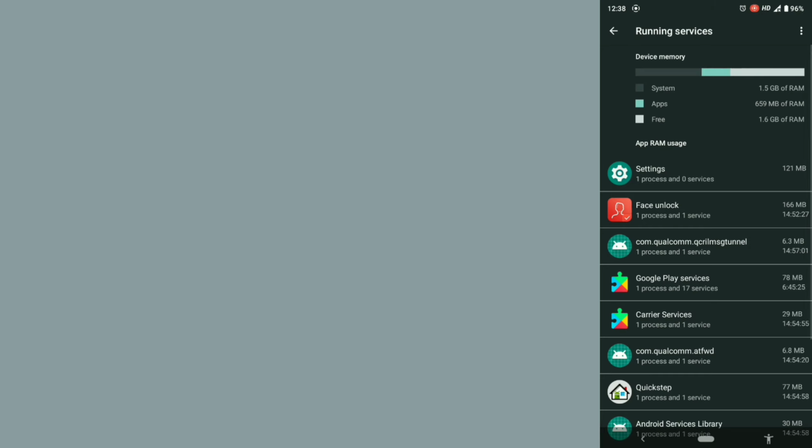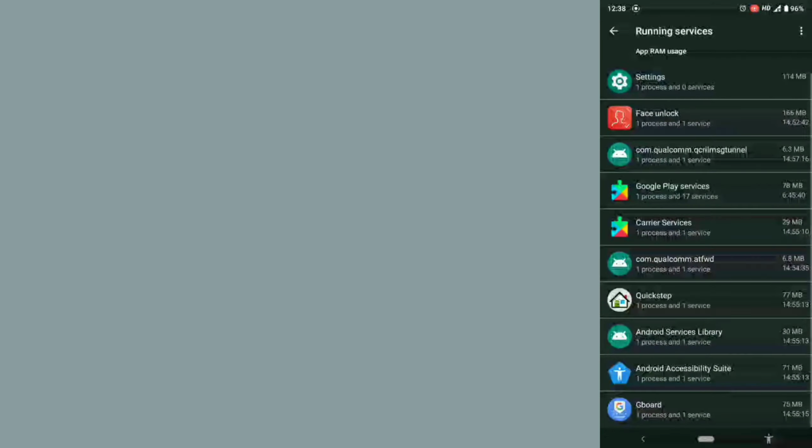And the third, if your system is using normal RAM, meaning 1.5 GB or around, then the third reason may be an app which is affecting your mobile phone. Here down below you can see the list of apps which are presently running and the RAM they are using. If any app is using around 100, 200, 300 MB, up to 300 is normal. If any app is using 1 GB, 1.2 GB, 1.3 GB, like big games, which use more RAM.